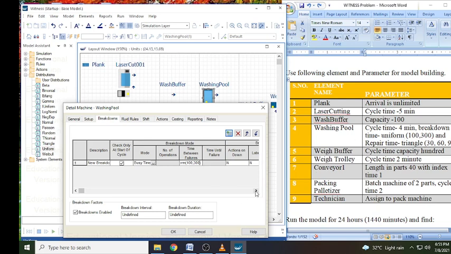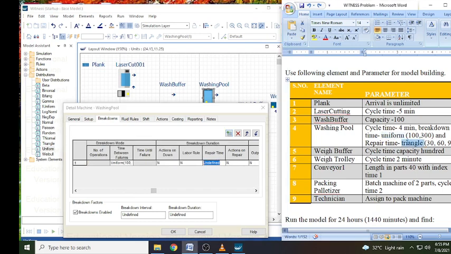We have to enter the repair time also. Here again we have to select the triangle pattern. So from here only we can see this. Double click on triangle and we will enter the value